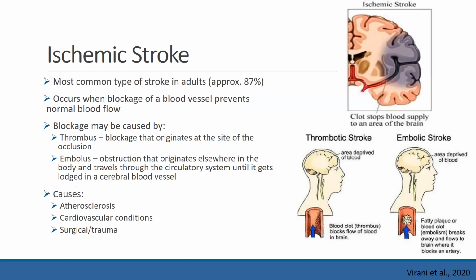So ischemic stroke is the most common type of stroke in adults. About 87% of all adult strokes are ischemic in nature. And an ischemic stroke occurs when there's a blockage of a blood vessel that prevents blood from continuing to flow through that vessel. So you can see in this picture here at the top, let me get a laser pointer for you. There's some sort of blockage in this artery, and therefore you lose blood flow